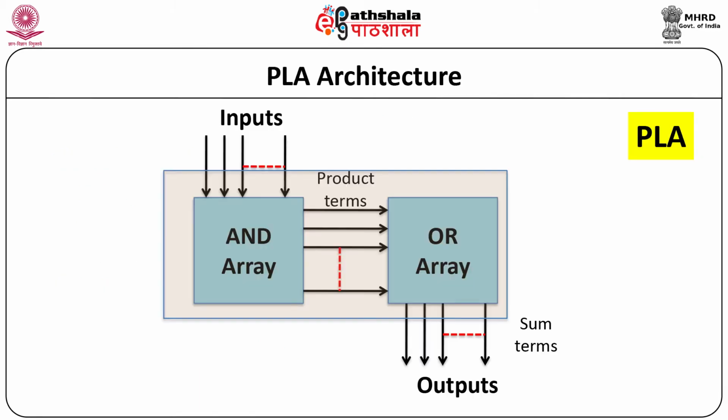Let us now study the architecture of PLA. A programmable logic array has a programmable AND array at the inputs and a programmable OR array at the outputs. The PLA has a programmable AND array instead of a hardwired AND array. The number of AND gates in the programmable AND array is usually much less as compared to ROM. The number of inputs of each of the OR gates is equal to the number of AND gates. The OR gate generates an arbitrary Boolean function of minterms equal to the number of AND gates.